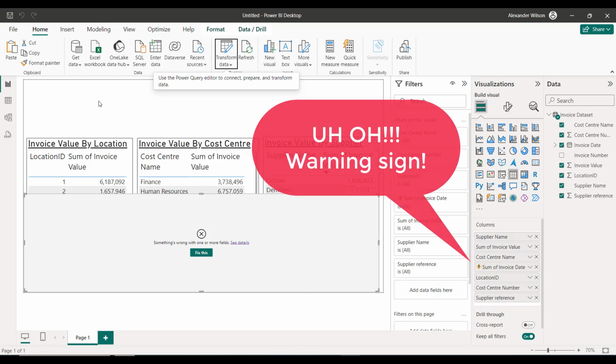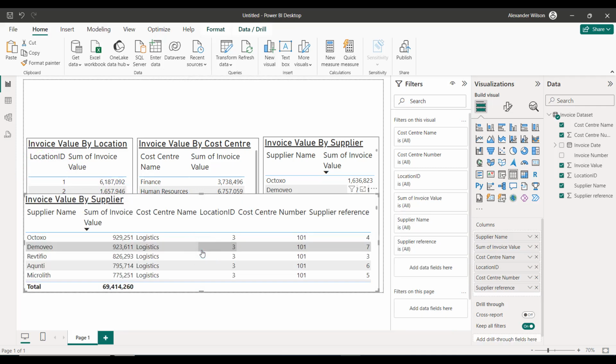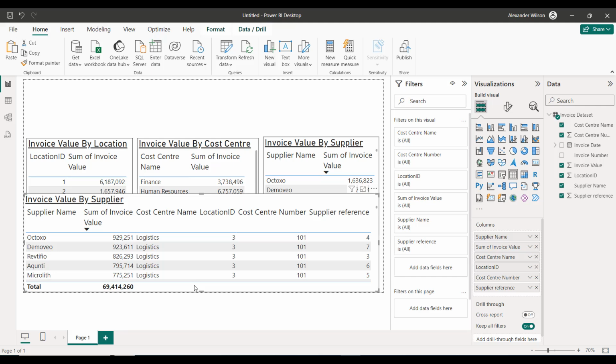We've now got an error. Wonder what's caused that. Let's have a look at the Fix This button in the visual we were just creating. Let's explain what happened there. Let's go over to the invoice date column. Oh, it's disappeared. That's interesting.